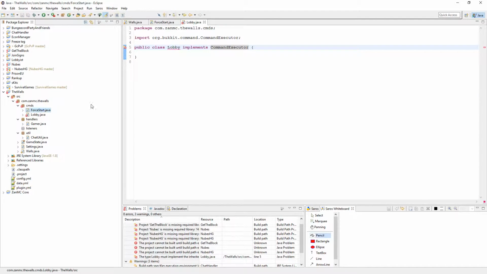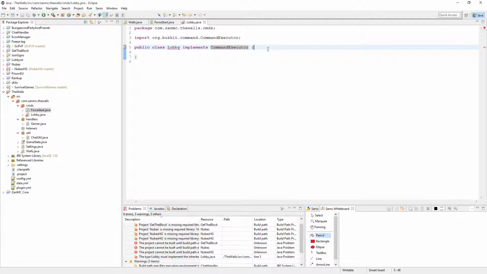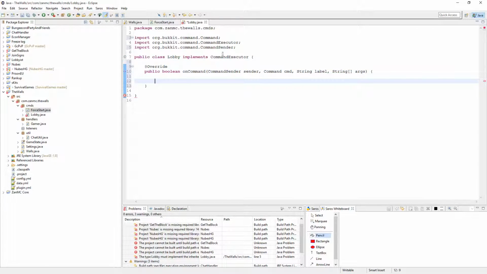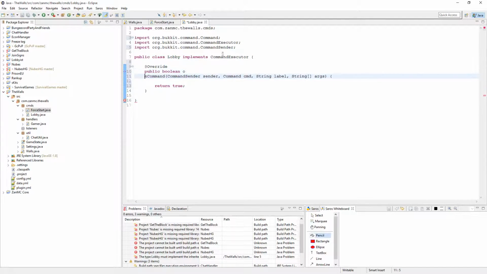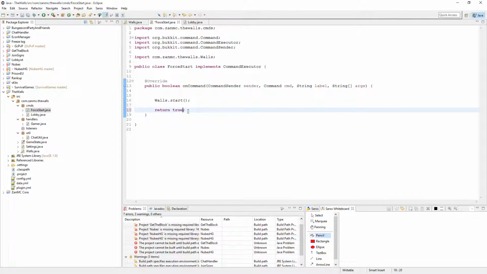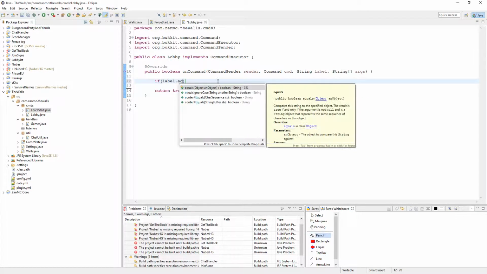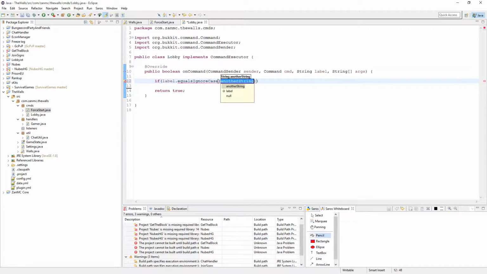Now I'm so tired of typing that, so I just keep copying this over, doing this, and then return true. So this is if label. Now we do need the label because we're gonna do both /lobby and /setlobby. So if label equals ignore case lobby,